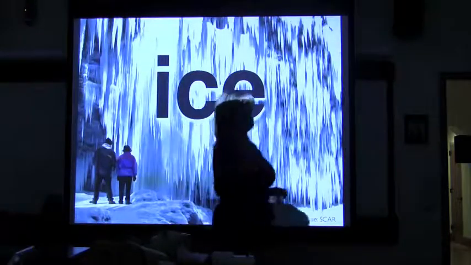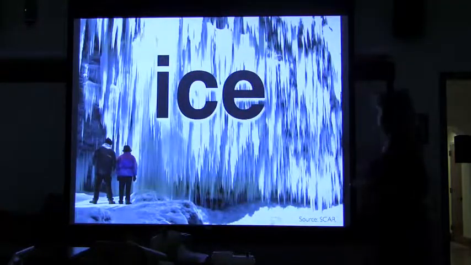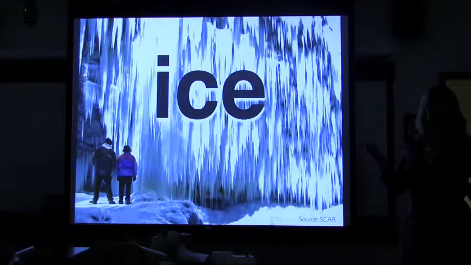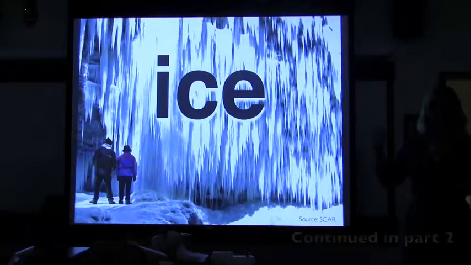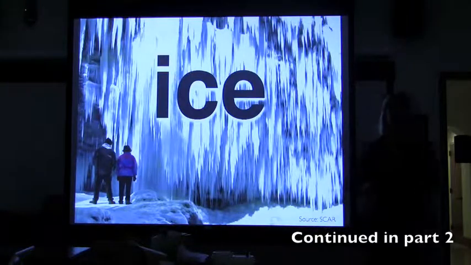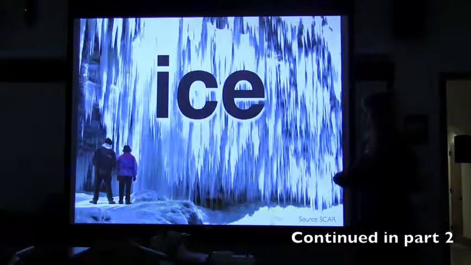This is stolen from Al Gore. Remember he did the whole, what's the planet one I can't remember right now? Inconvenient Truth. Inconvenient Truth. And his was actually